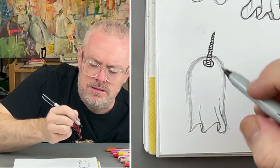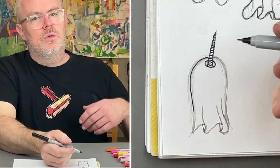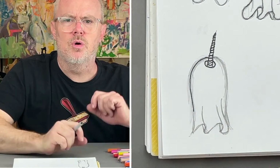This is not as good because it's a little harsh. But over here, I'm going to go like this, and I'm going to commit to the line. Once you commit to the lines, you really can't go back. And the thing about drawing curves with a marker, man, I learned this when I worked on Adobe Illustrator, the